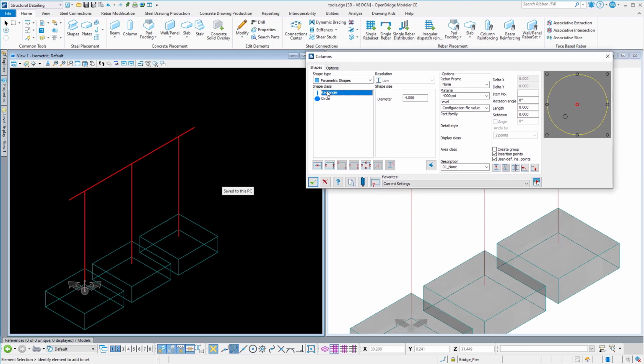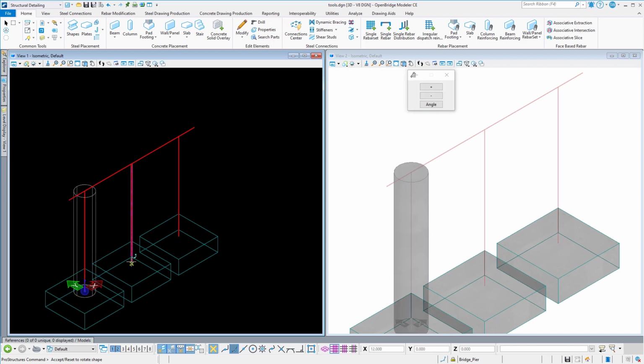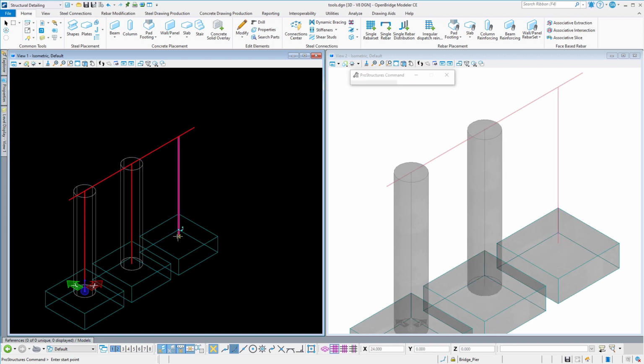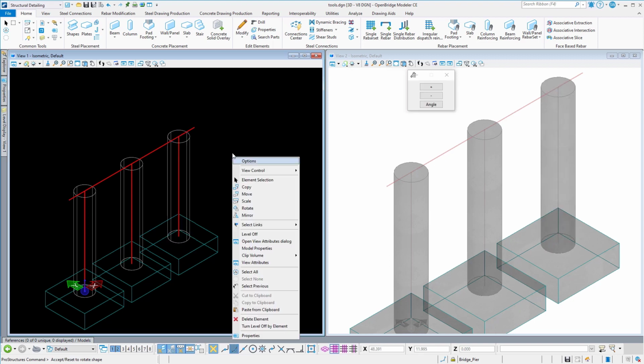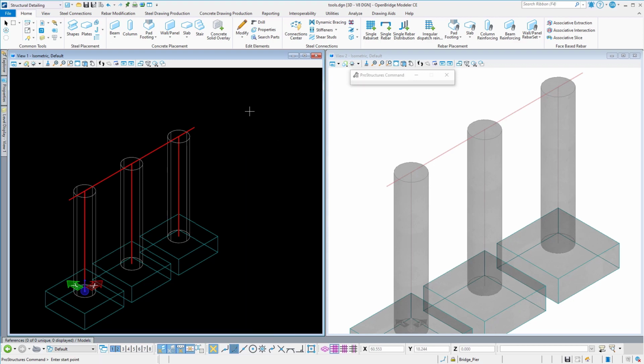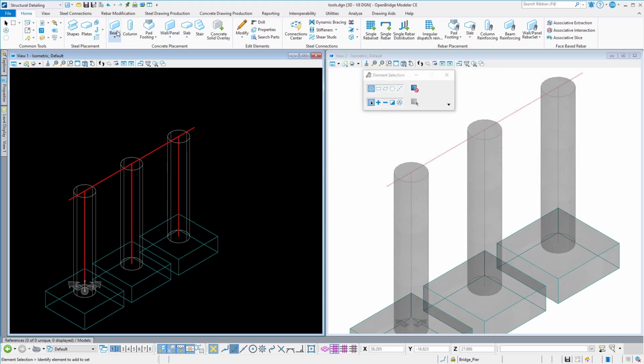So with the column tool, I could pick a rectangular or circular column shape, give it a diameter, and then again, it can be done in a variety of ways. I've chosen to do this by 2 points. So I'm going to snap to the bottom and top of each line here to generate that cylindrical shape. And then reset out. Accept the columns and then go ahead and